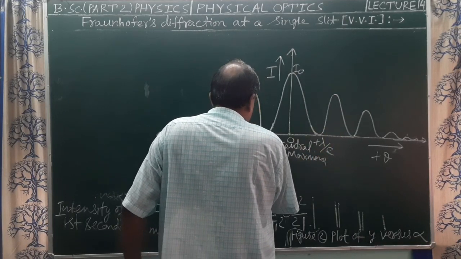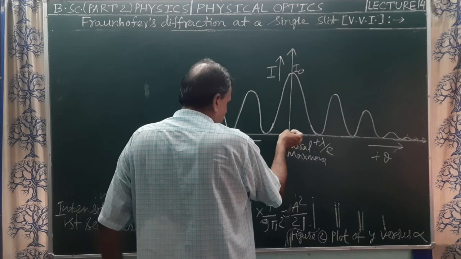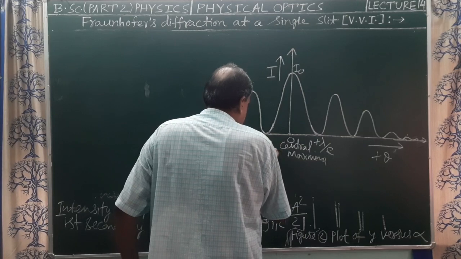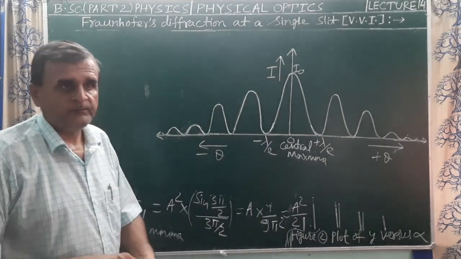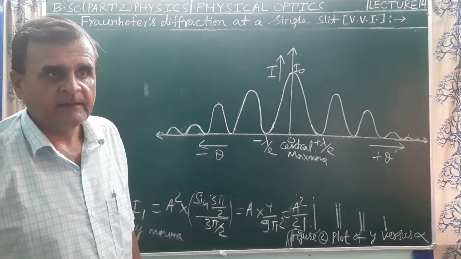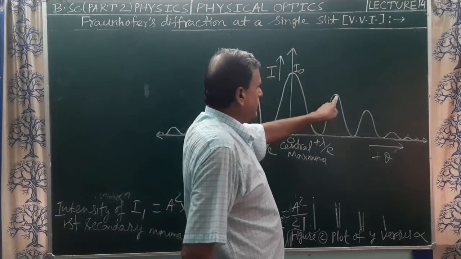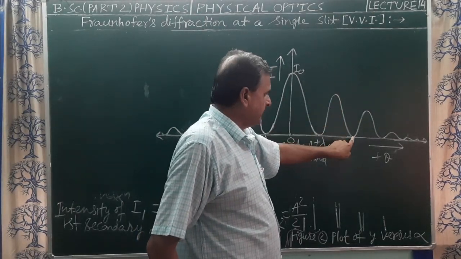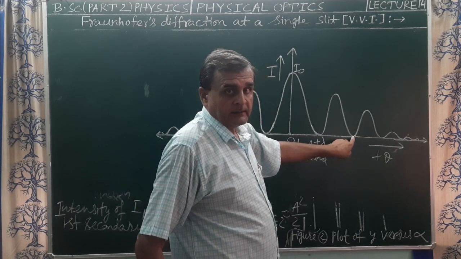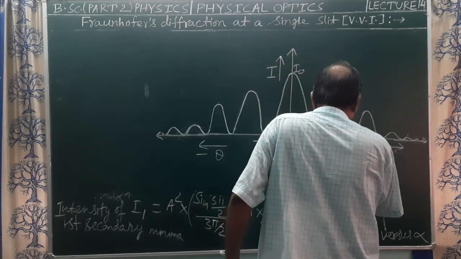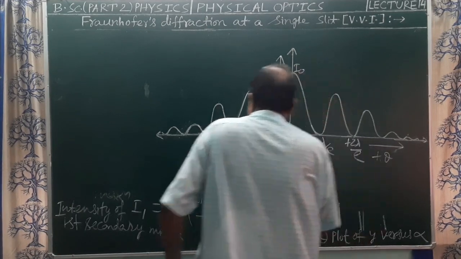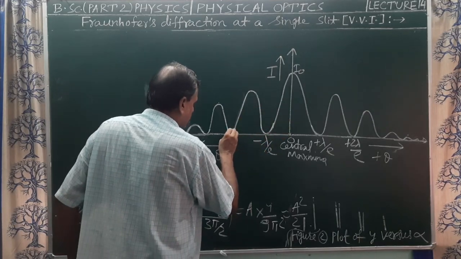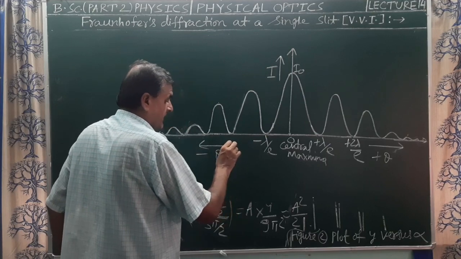this position of first secondary minima, and either according to left of this center point O or central maxima, it is the position of first secondary or subsidiary minima, and then it is the position of first secondary maxima, and then followed by the position of second secondary or subsidiary minima, whose direction is given by plus 2 lambda by e, and along negative x-axis, that is below the center of the screen, it is position of second, that is direction of second